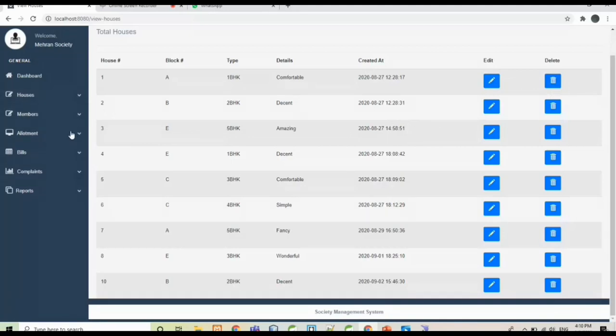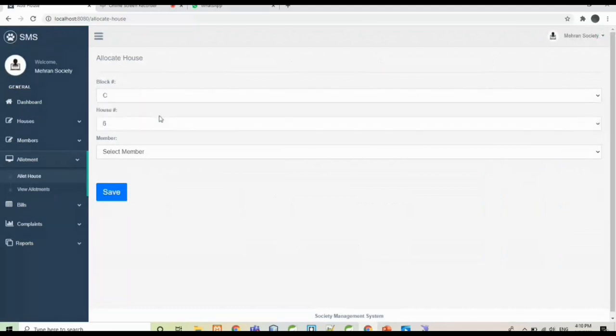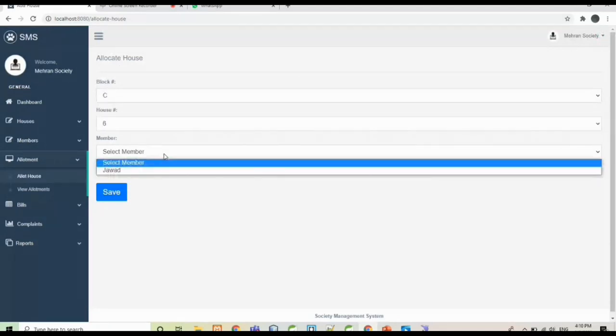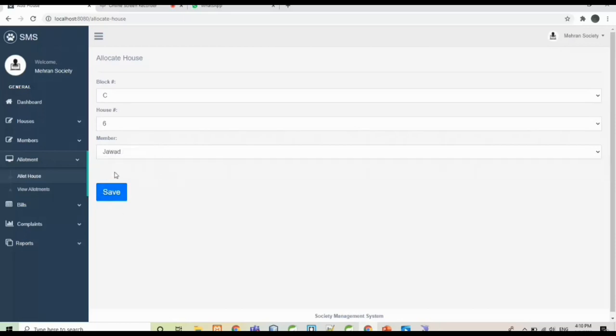Let's allot a house to a member. Select block, let's see C block, and select member, let's see Jawad. This is only showing those members who are not allocated any house.